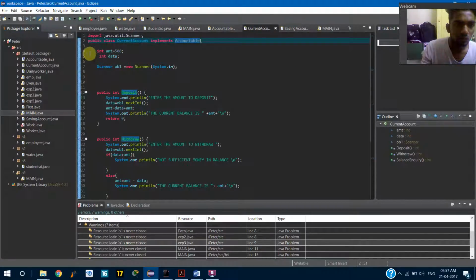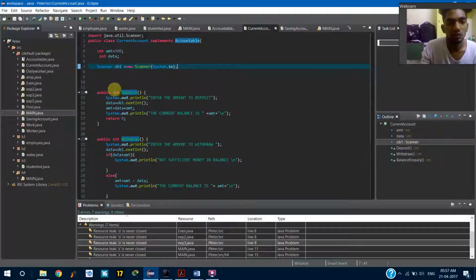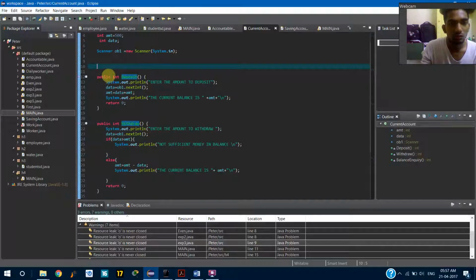So initially, int amount, the value of the amount is 500, because it's in a bank, so let it be 500. And then we're giving a Scanner to get the input from the user, and for that we need to put import java.util.Scanner. And then write public int deposit, then data is equal to ob1.nextInt. So we're getting the data from the user, that is how much amount he has to deposit,